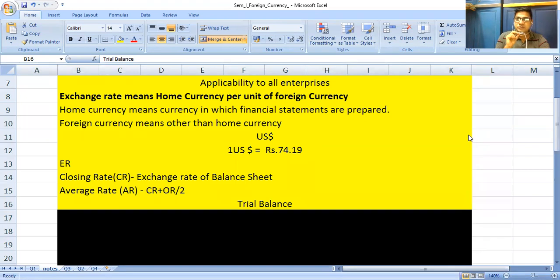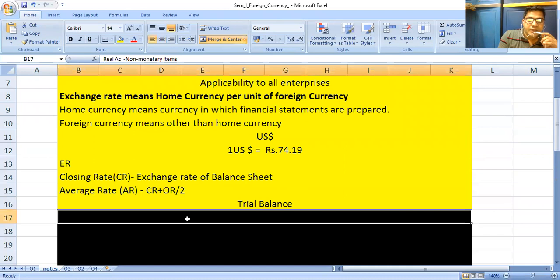I don't want to discuss what you mean by ledger, but you are aware of the ledger. The ledger closing balances we have to transfer to the trial balance, and this summary we have to prepare whenever we prepare our financial statements. Financial statements generally include the trading account, profit and loss account, and balance sheet. Now, in the trial balance, there are three kinds of items we will record.